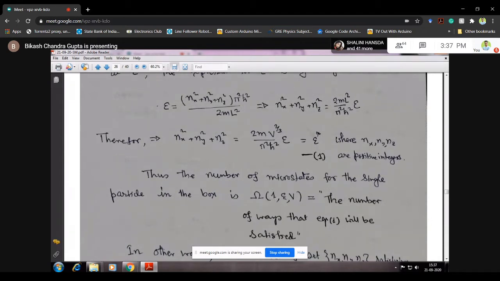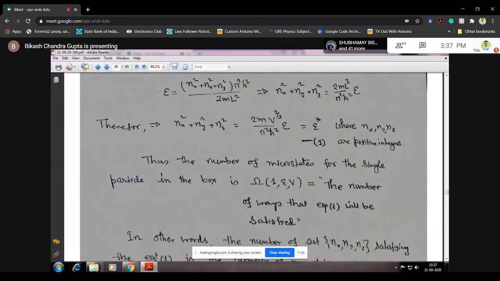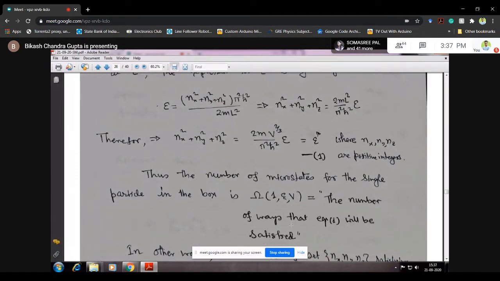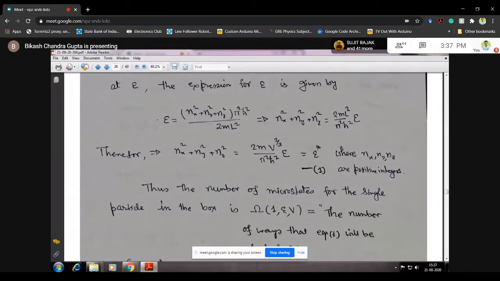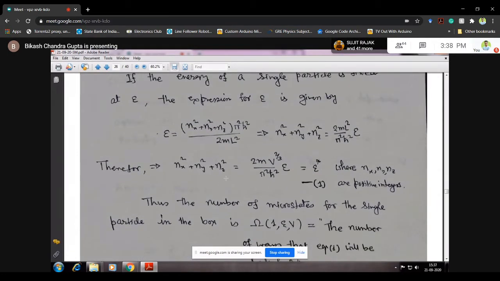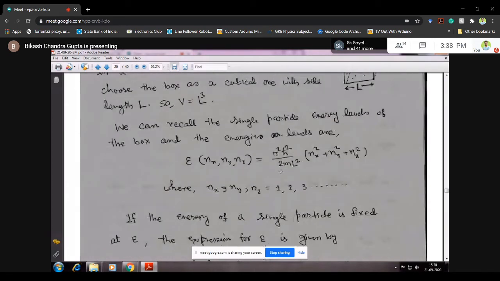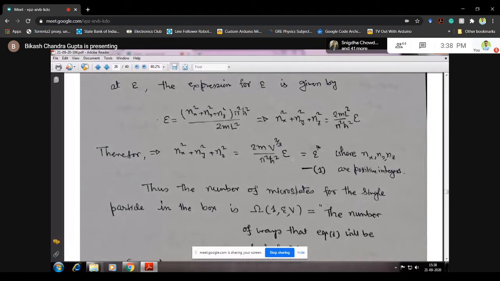Omega, which is a function of 1, the number of particles, epsilon the energy, and V the volume. That is the number of ways that equation 1 will be satisfied, right? So for a single particle in a box, because you have the energy for a single particle in a box, from there you get this relation, and all these integers are positive integers. And for a single particle, the number of microstates would be the number of possible solutions allowed with the given energy. If your E is constant,